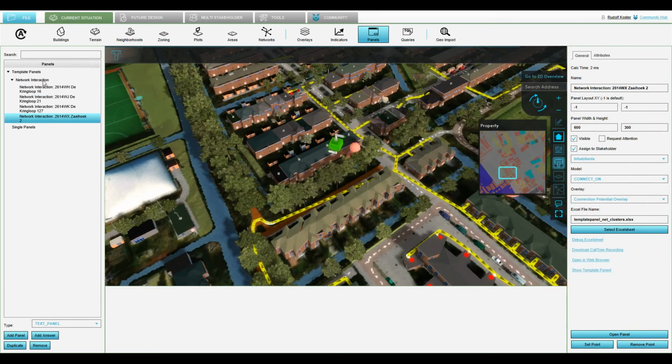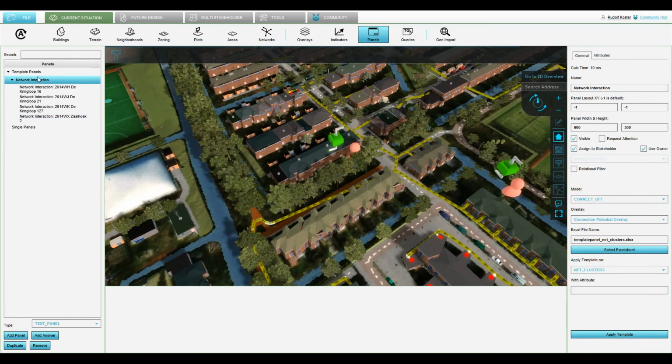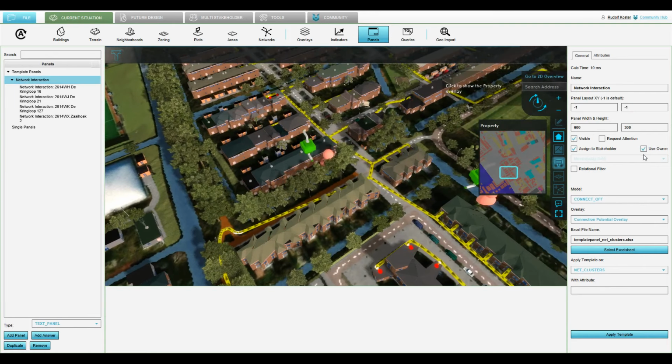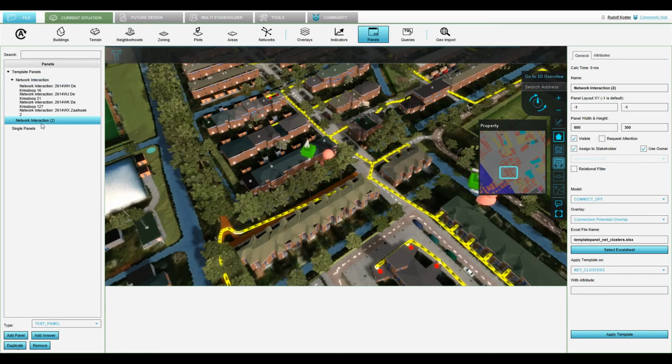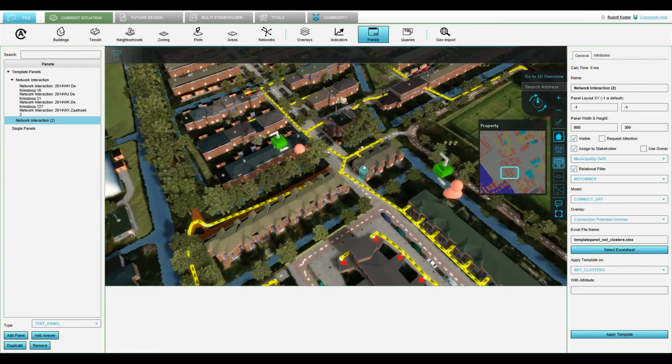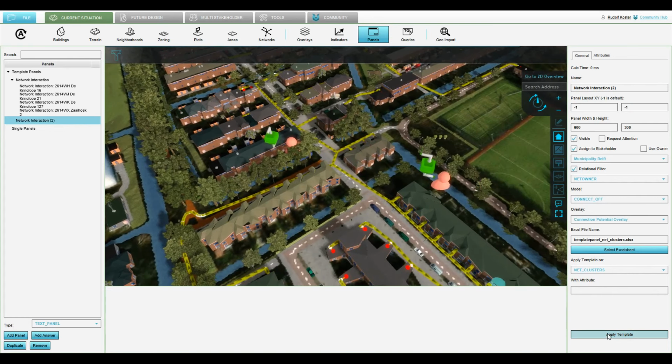And the reason it's been assigned to the inhabitants is because the template panel has been assigned to use the owner of whatever it is connected to. If we duplicate this panel, we create a second one, network interaction 2, rather than use it on the owner of the networks or of the loads, we're going to connect it to the net owner. So who is the owner of the network of the loads which the cluster belongs to? And I can apply that template,